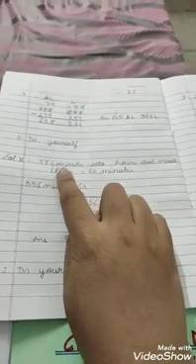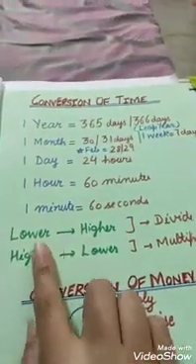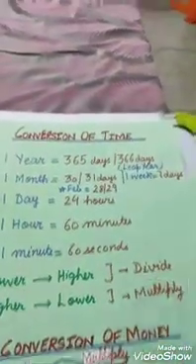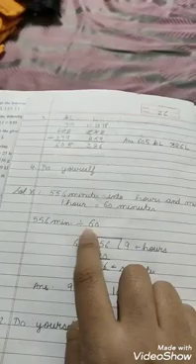So our first question is, you have to convert 556 minutes into hours and minutes. Now minutes is the lower value and hour is higher. So lower to higher, just now I told you what is to be done for lower to higher? Divide. So in case of lower to higher, you have to divide. What is the conversion factor? 60 minutes. So you have to divide by 60.